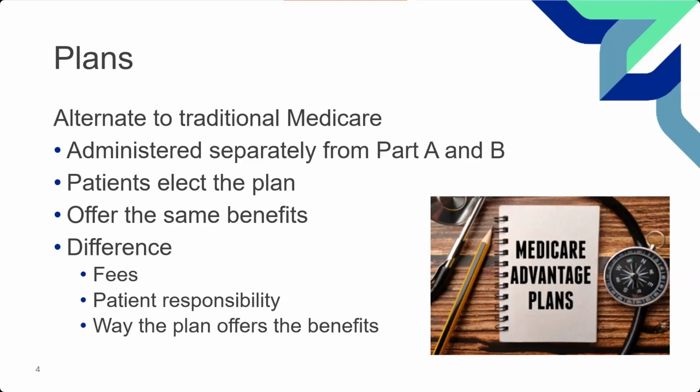Okay. And one of the things that you'll see as my last difference is the way the plan offers a benefit. Now, I explained that for one example, but what else does that mean? A plan can require a prior authorization to see a certain provider. That's part of what the plan is doing. So it's not that they don't cover it, they would cover it, but did you follow the plan rules? And that's asked of the patient because the patient has elected this plan.